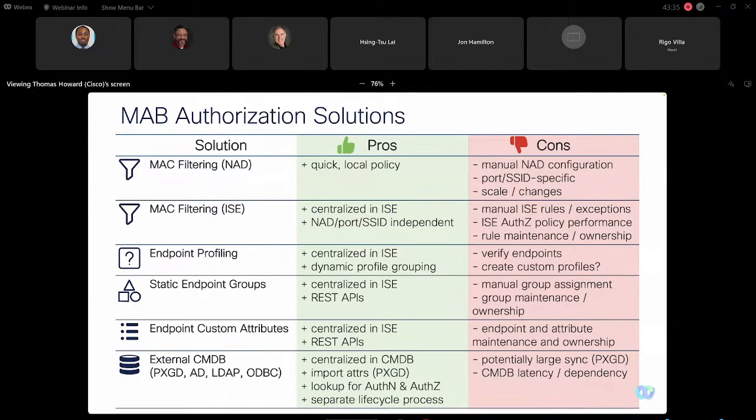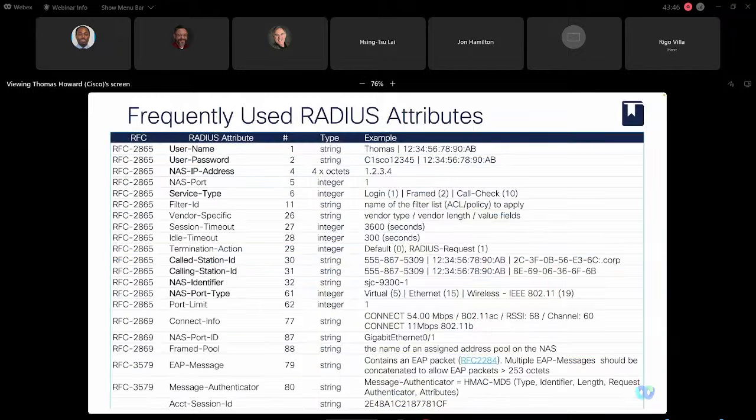And I'll show you an example of that later. So these are all the different ways that we're going to try and authenticate and authorize MAC addresses today using MAB. And just as a quick refresher, this is sort of a reference for the stuff we talked about earlier,